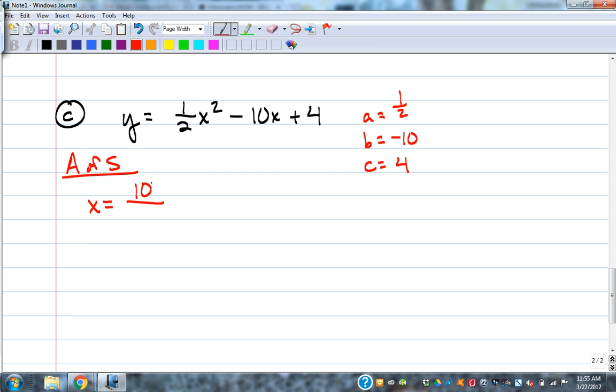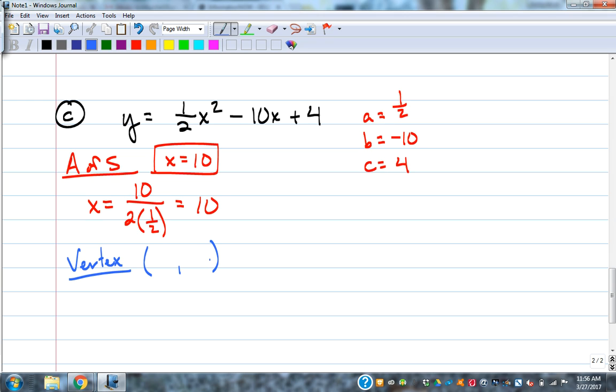Opposite of B divided by 2 times A. Okay, and then 2 times A is 1/2, so that's 2 times 1/2. That works out pretty nice, because what's half of 2? 1. So we end up with 10 divided by 1, which is 10. X equals 10 is our axis of symmetry, which means our vertex